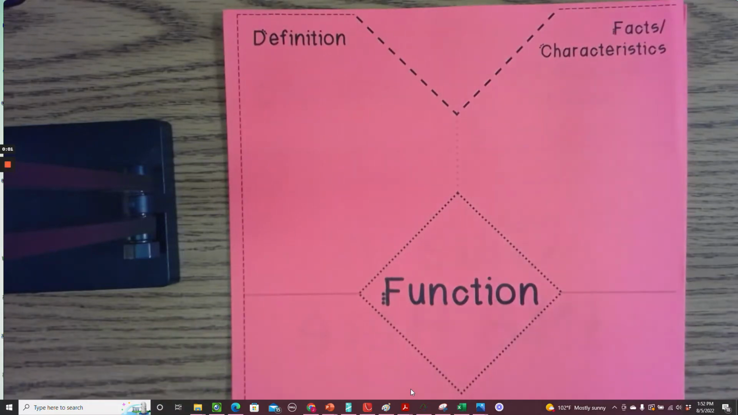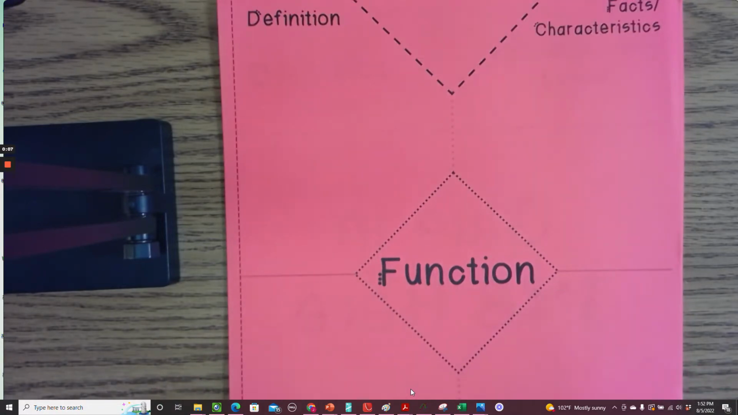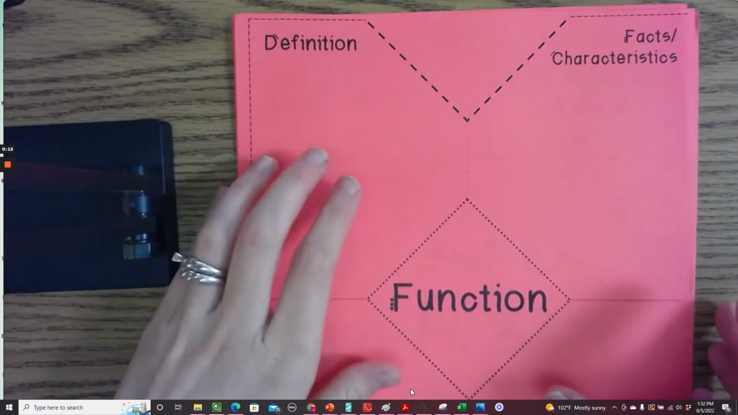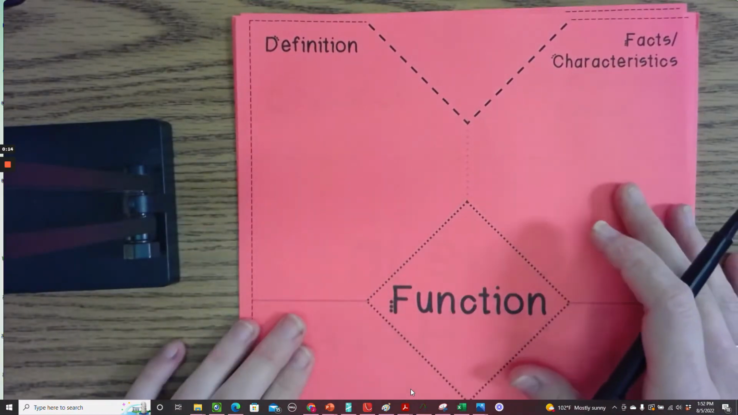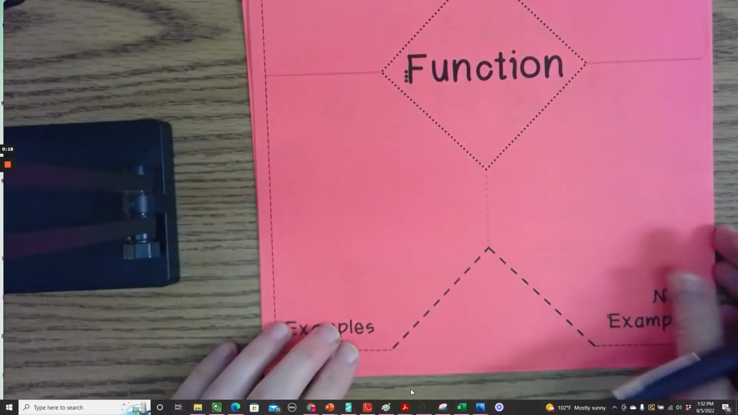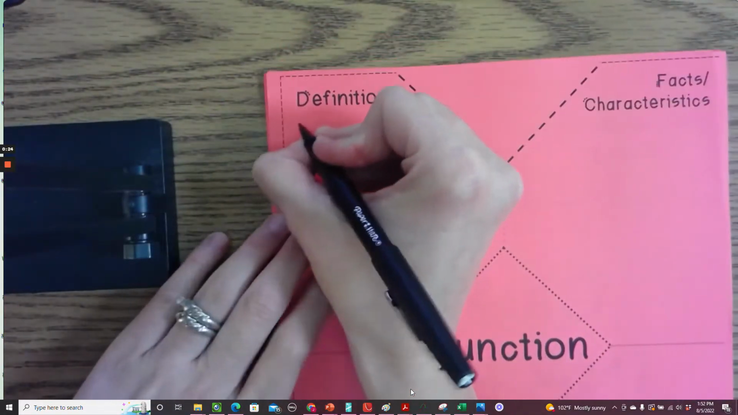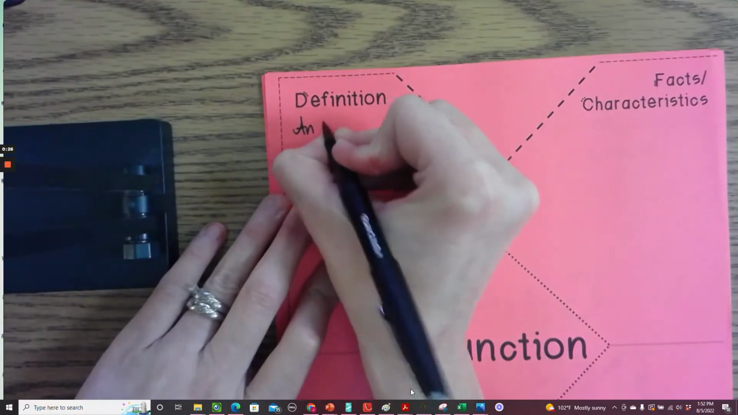This video is for the function Frayer models. With Frayer models, we're going to do these for each unit, and they're going to cover the main term or an important term or vocabulary word for each unit. With these Frayer models, we're going to write a definition. We're going to talk about facts and characteristics of the term, and we're going to list examples and non-examples of the term. Okay, so for function, the definition is an input